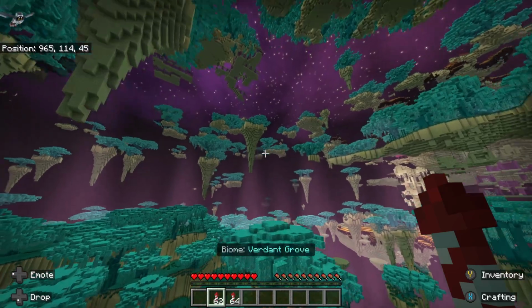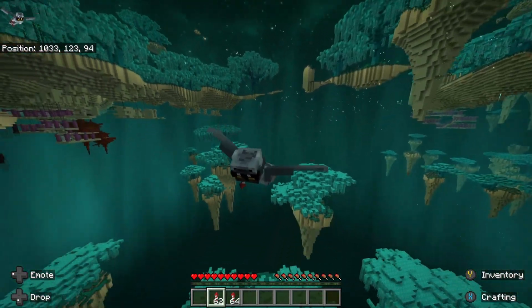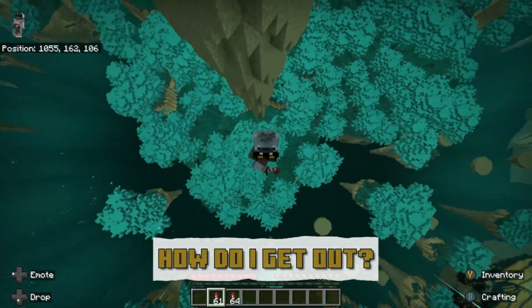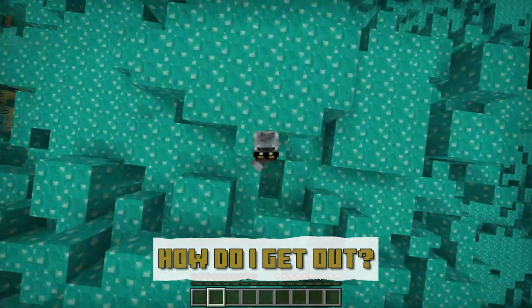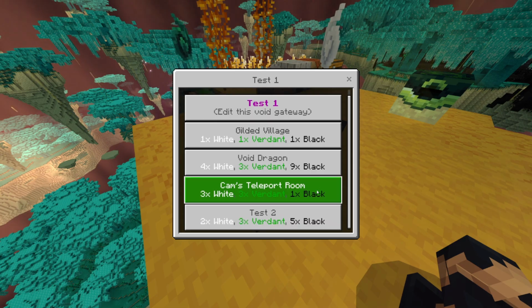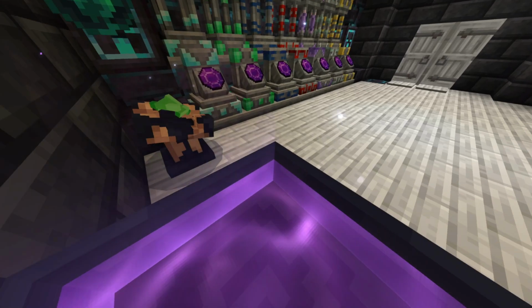If you're playing this add-on for the first time, or maybe this is your first experience with the end altogether, you'll need a way to get back to the overworld. Well, your options are limited, but don't worry, you're not trapped forever. One way you can travel between dimensions is by placing a void gateway in the overworld. This obviously requires you have gone into the end and acquired the materials to make it,